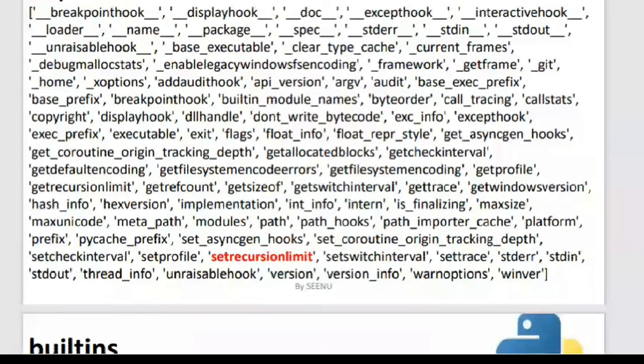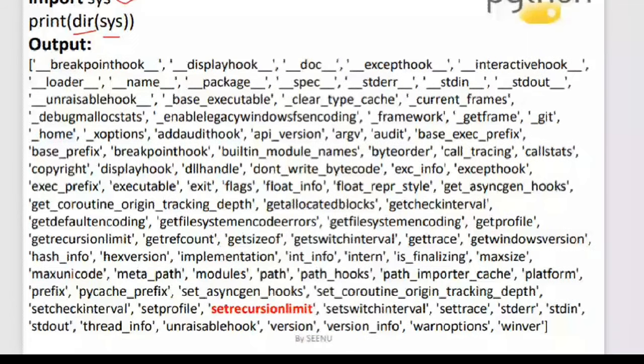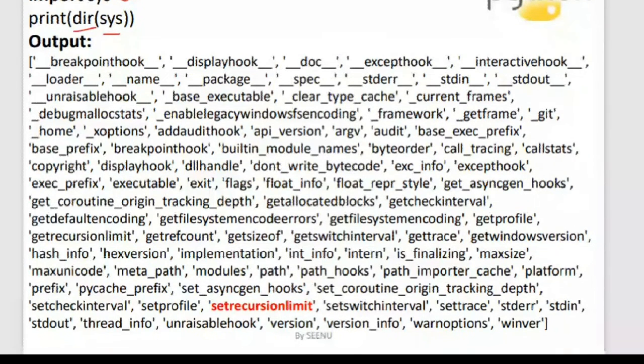You can change the depth of recursion by using the set recursion limit method, which is a method inside your sys module. These can be questions, like in which module is the set recursion limit method. Certain things you need to be familiar with, and this is regarding the sys module.